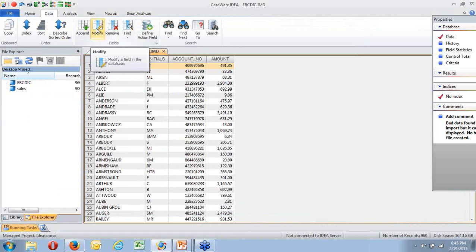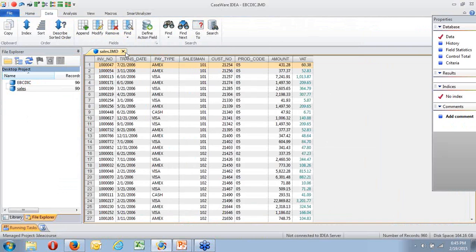Okay. So I can modify fields, I can find fields, I can add fields. Okay, now those two were probably the two most difficult to do, with the exception of bringing in print files. You'll be glad to know there's a lot easier ways to do files. Let me close those two down just now.